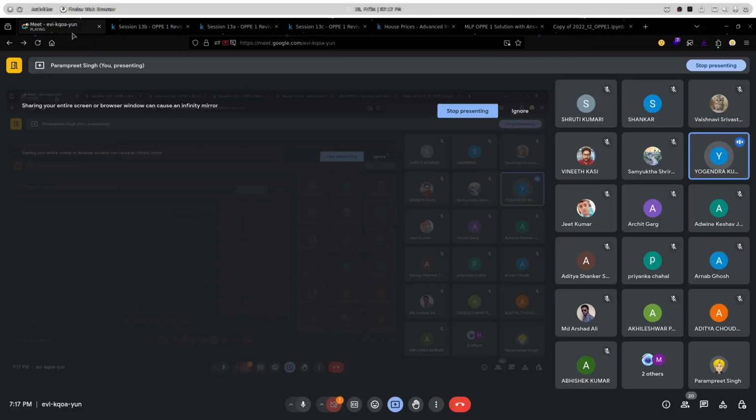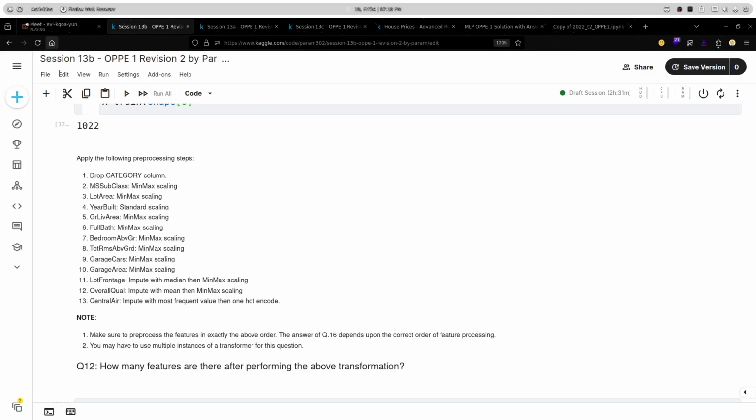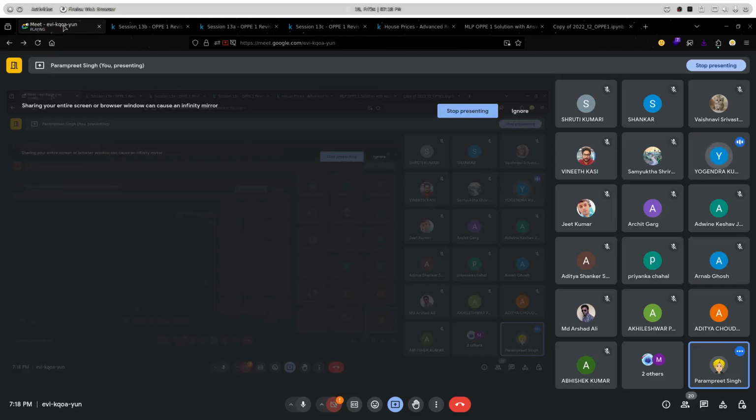Okay, so I was doing OPPE 1. I was repeating that one. So there were 2 features, date and year. Okay. So as per the question, we have to drop the date. Okay. But there was a year column, and when I was including the year in min max, it was giving error.